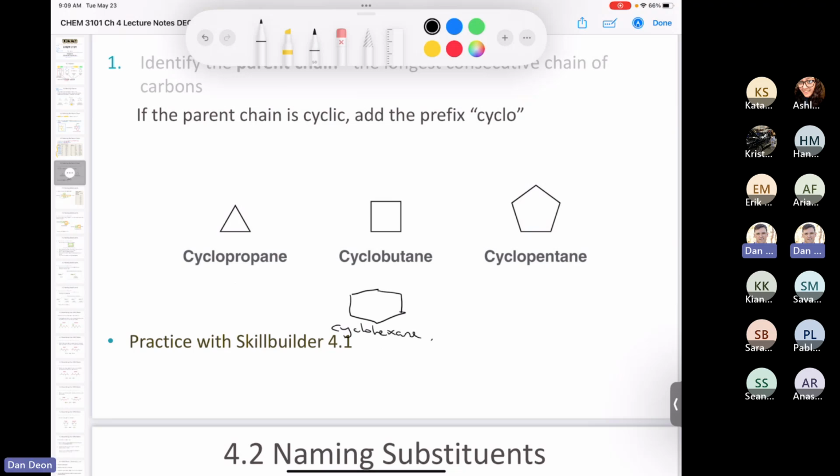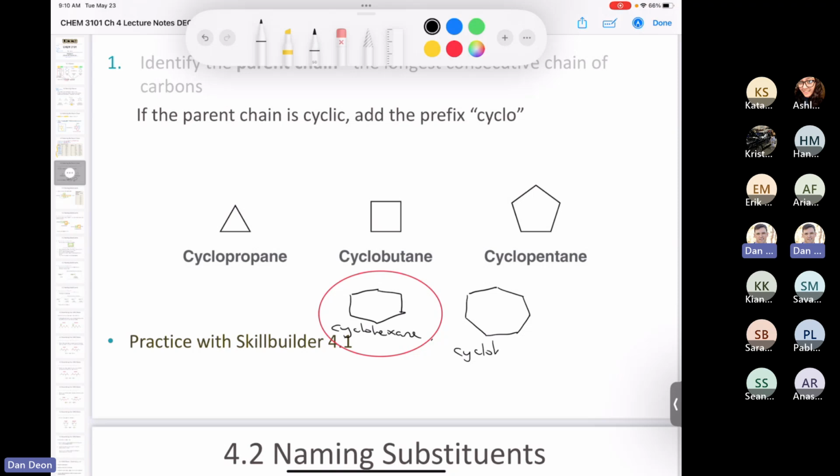And one of my students threw me a meme a couple of years ago, and it says, things I learned in organic chemistry: how to draw hexagons. And there's a good reason why we spend so much time talking about cyclohexane. I'm not going to get into that right now. If you want to draw a cycloheptane, you have to draw a 7-sided ring. I'm not that great at it.